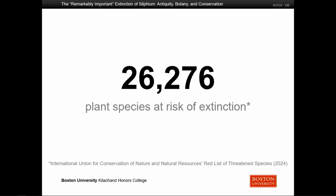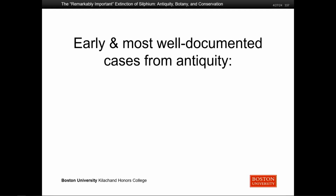So I want to start here by situating us in the middle of the current conservation conversation. Right now, based on ongoing research, there's a whopping 26,276 plant species currently at risk of extinction. But this issue isn't just confined to the modern day. In fact, human beings have experienced and, frankly, expedited the extinction of plant species for centuries. And that brings us to one of the earliest and best documented cases from Antiquity, the subject of my presentation